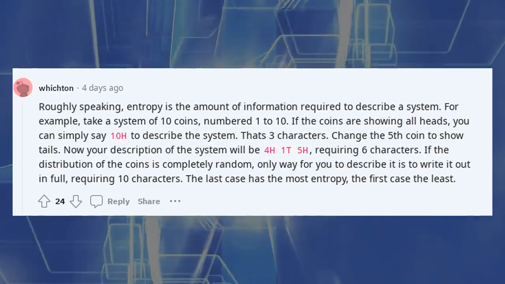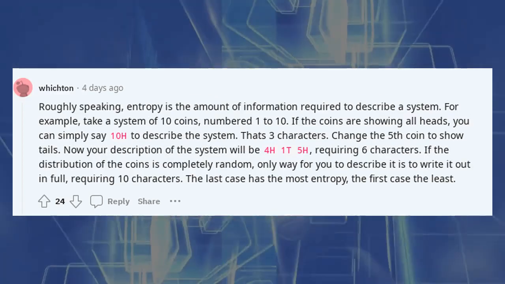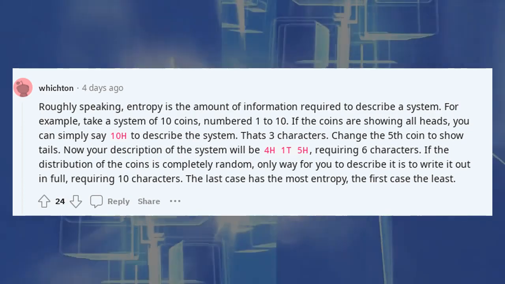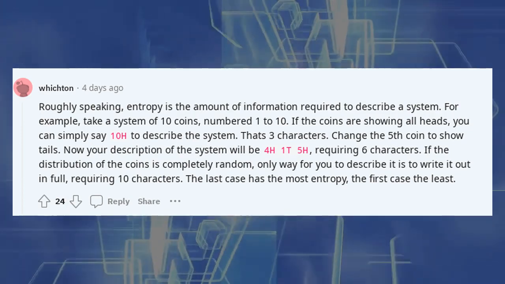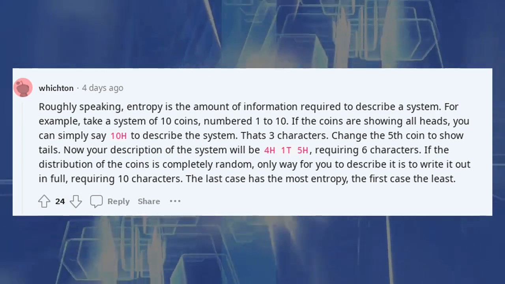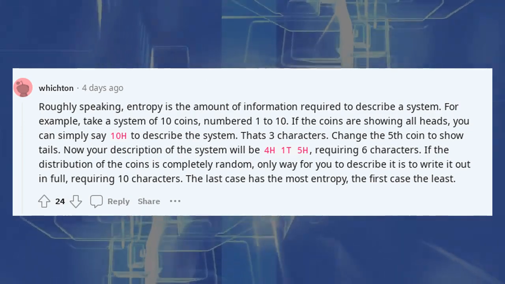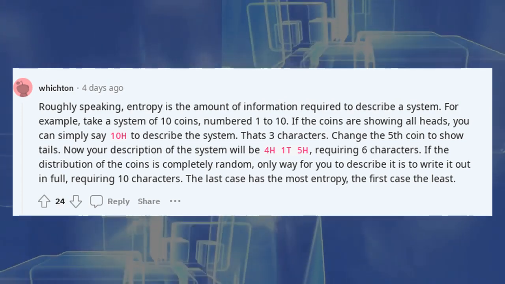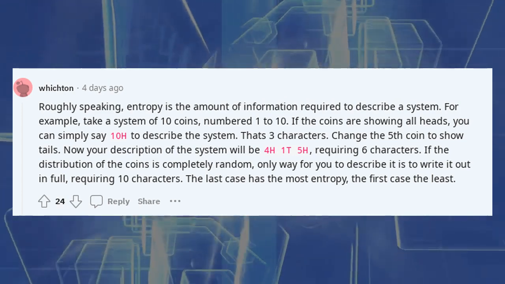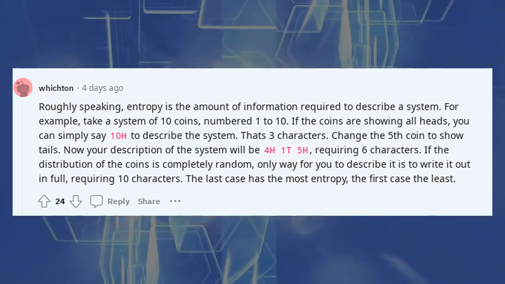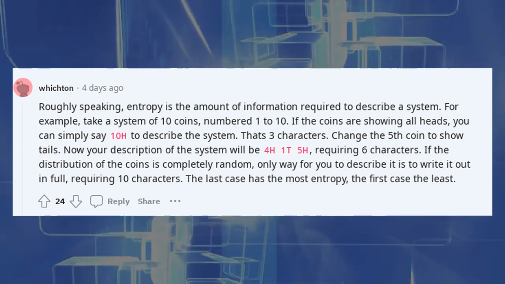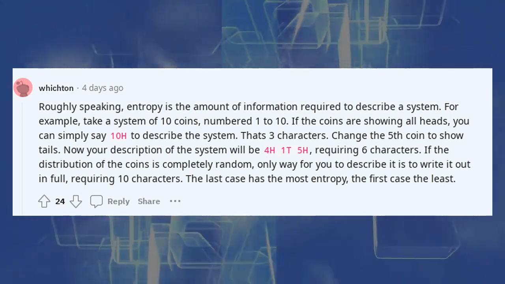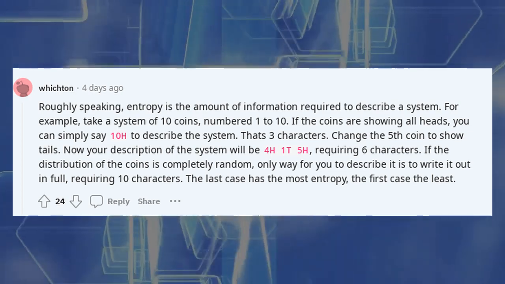Roughly speaking, entropy is the amount of information required to describe a system. For example, take a system of 10 coins, numbered 1 to 10. If the coins are showing all heads, you can simply say "10H" to describe the system. That's 3 characters. Change the 5th coin to show tails. Now your description of the system will be